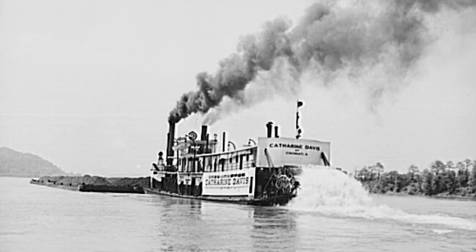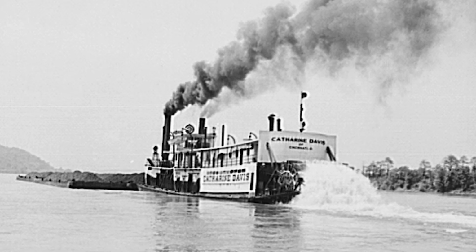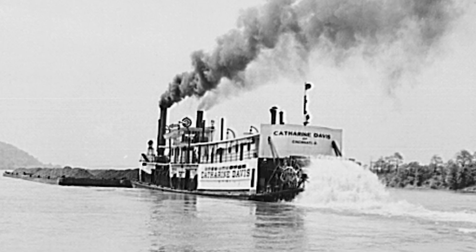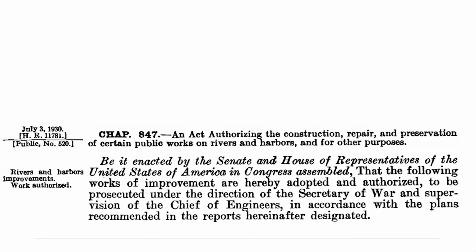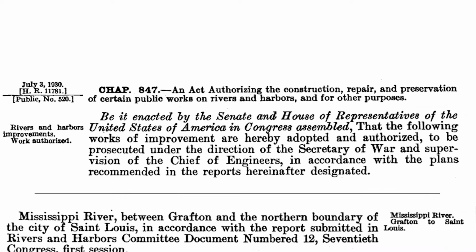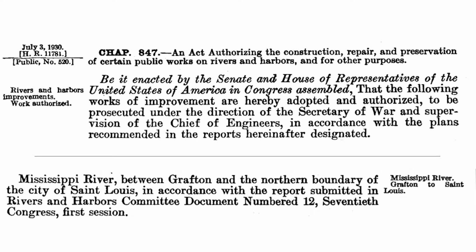Another important aspect was the development of diesel-powered river vessels that greatly increased power and efficiency, capable of pushing a dozen or more heavily laden steel barges. In 1930, convinced that the economy of the Midwest would improve by a deeper channel that would accommodate these larger tows, Congress authorized the 9-foot navigation channel from the mouth of the Missouri River to Minneapolis, Minnesota.